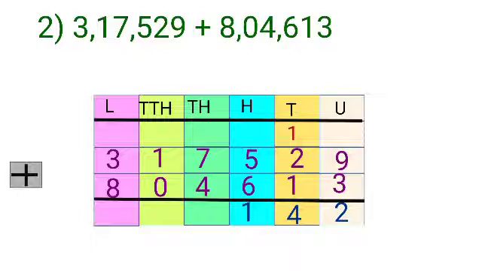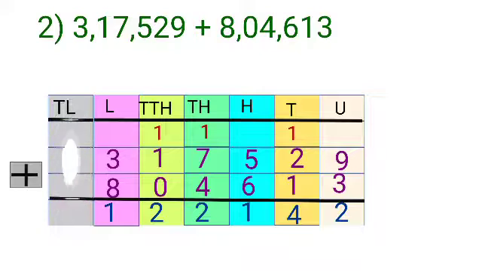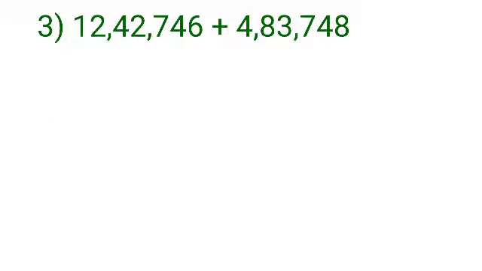So what are you going to do? You will write 5 plus 6, 11, 1 below the 6 and the next 1 in the next column. That is, you can see here. Now the addition answer is 12. Same procedure you have to follow. Then 2, and then the last one, again 3 plus 8 is 11. So here 1 you will write below 8 and 1 in the next column, that is the 10 lakhs column, and here the 1 comes down. It's very simple. Now again this is the next sum.